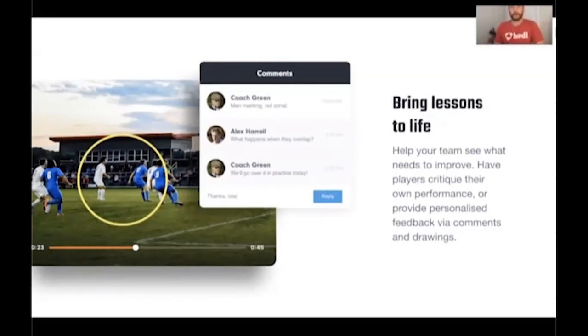Of course, you need an element of the coach actually providing tips as well, but there's a nice balance there, and I think this is a really, really great opportunity for you to put the onus back on the players, like I've already said.